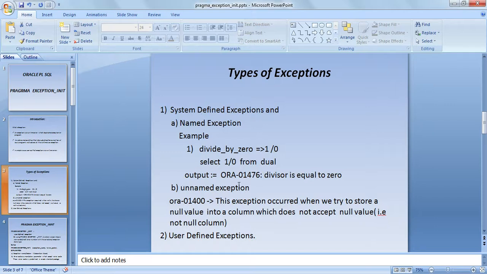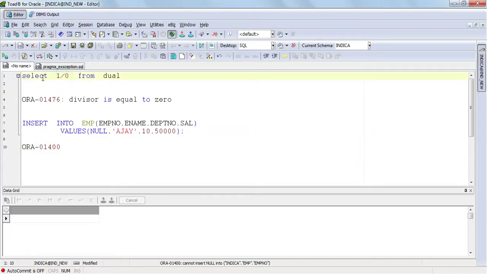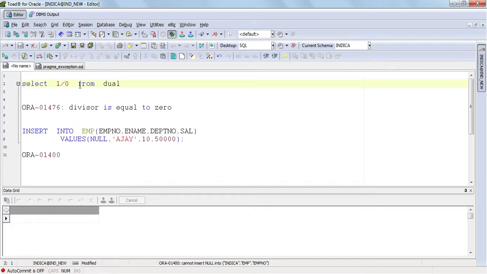Named exceptions are those exceptions whose error code and exception name are already defined in the Oracle standard package. I will show you an example of this, that is divide by 0. This is a predefined exception. This exception occurred when we try to divide a number by 0. For example, here this is a statement. Here I am trying to divide a number by 0. When I run this statement,